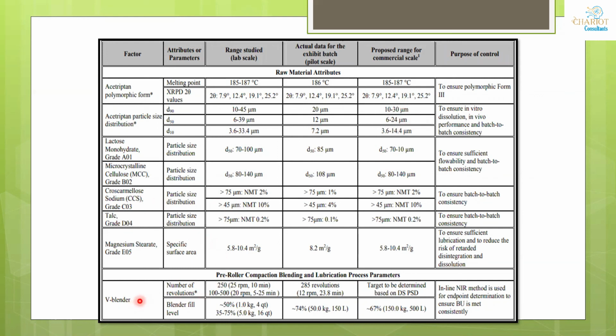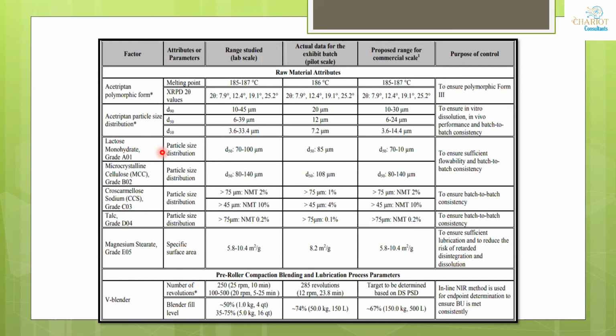Similarly, when I was talking about formulation variables, we will not change them because you have already kept the formulation variables as final. We are not talking about the raw material here, because in my formulation I have fixed that I will only use 5%. I will not keep it 3% to 5%. This is fixed. Formulation variables will be fixed. It will not be a part of your control strategy.